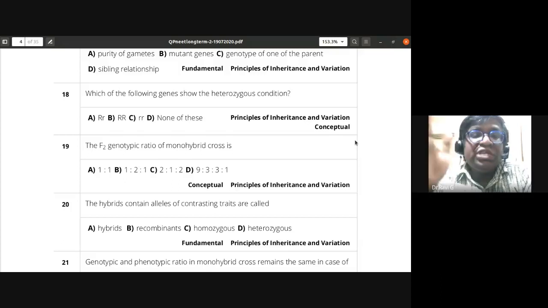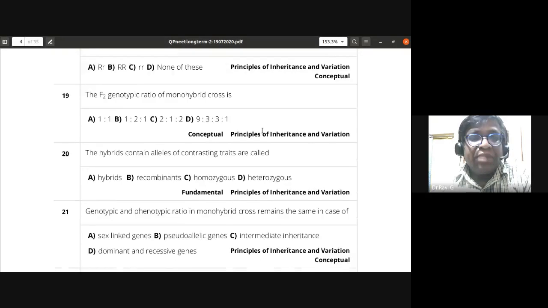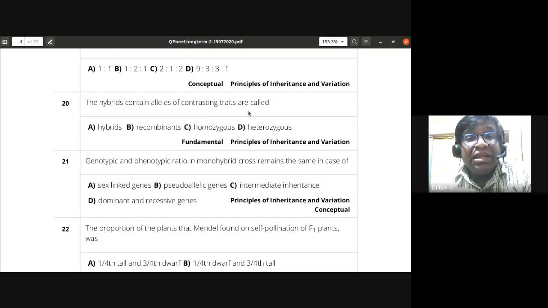The F2 genotypic ratio of monohybrid crosses, the answer is B, 1:2:1. So remember about that. Then, the hybrids containing alleles of contrasting traits are called heterozygous. The answer is heterozygous. So 21st one, genotypic and phenotypic ratio in monohybrid cross remains the same in case of